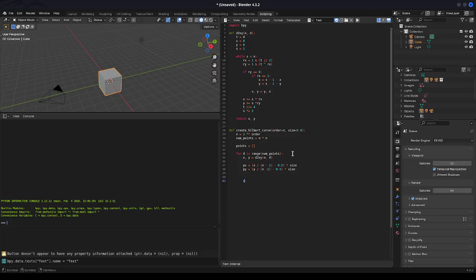So curve_data is equal to bpy.data.curves.new, name is equal to a string, so Hilbert